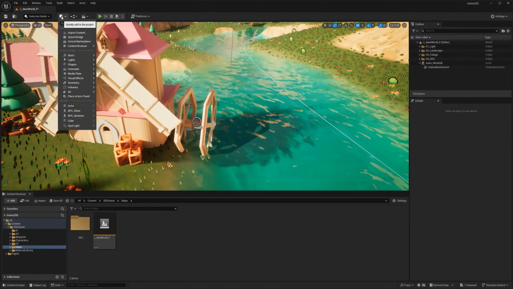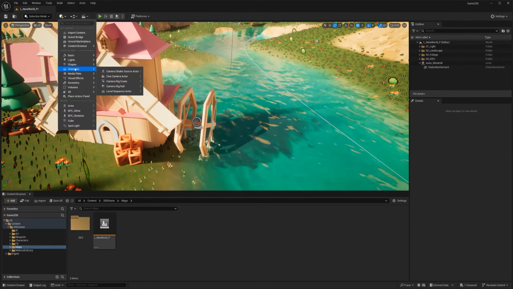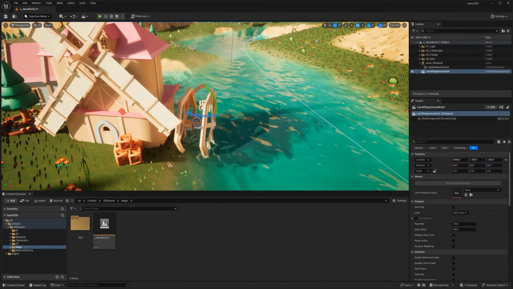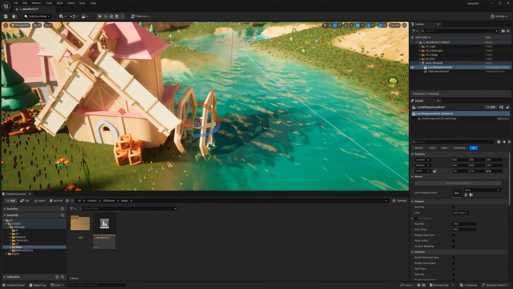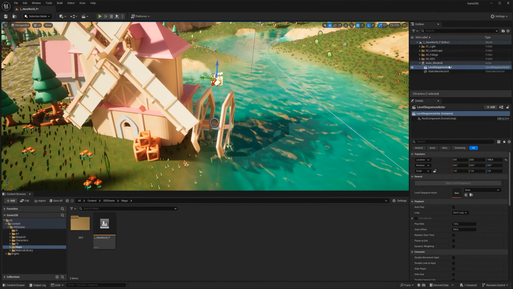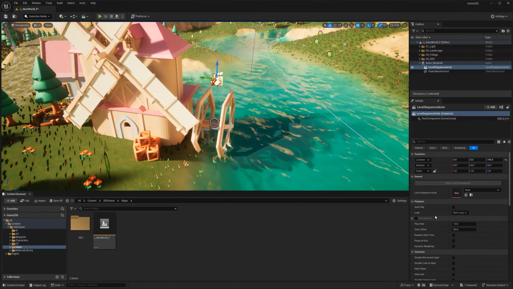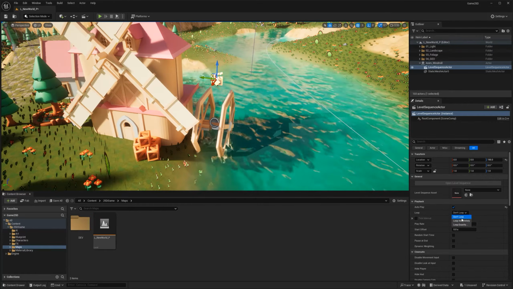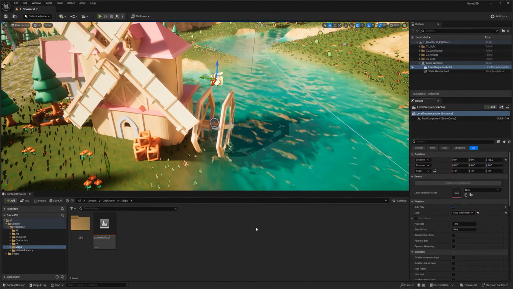So here is what I need you to do. Go here to cinematics, level sequence actor. You can drop that inside there too. Reset the rotation and position. Usually what I like to do is put it above, so I know there's something there. And the settings that I need to do are auto play and looping forever. And we can play with the play rates after the fact. But just this is not going to do anything.